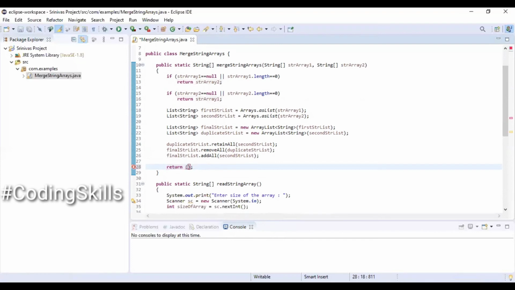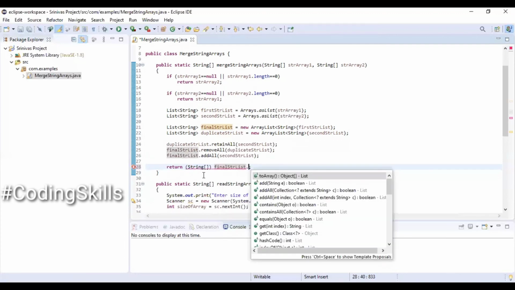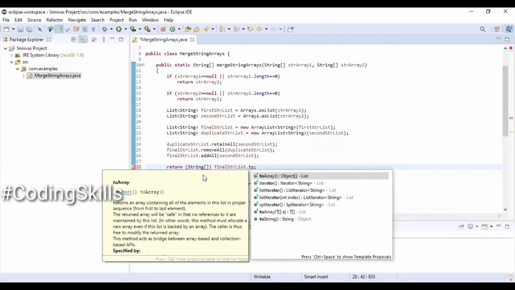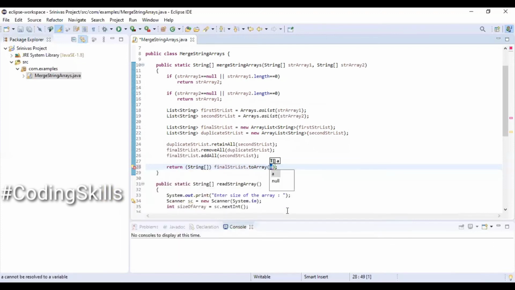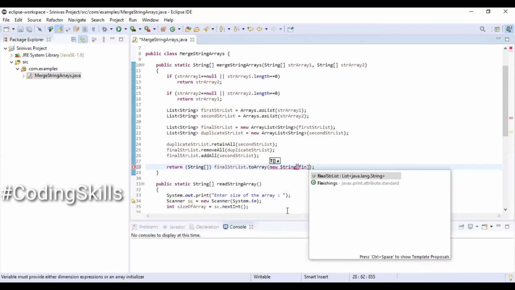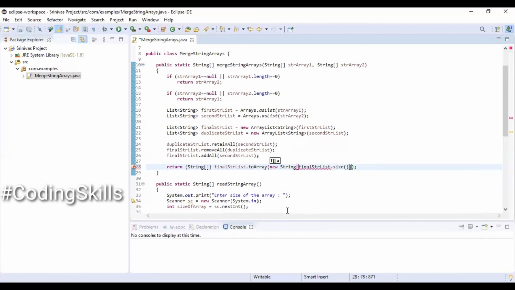After that we are returning the string array type finalStrList toArray. So we are creating a new string array object of finalStrList.size. Based on that size, it is going to give us a string array object.